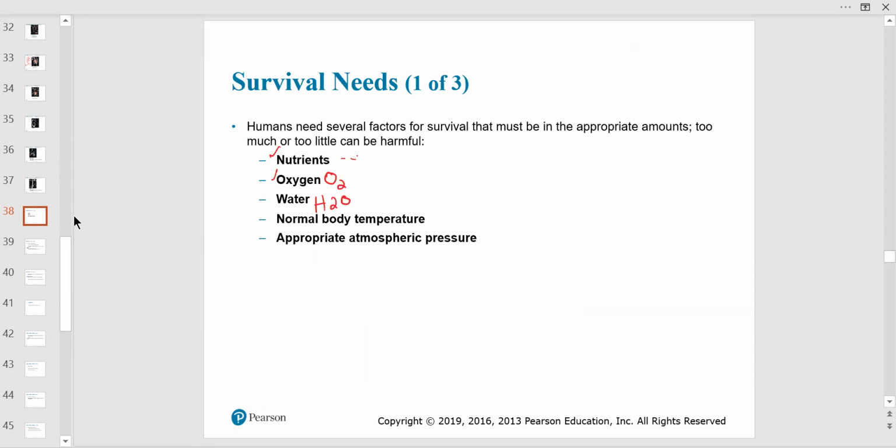Normal body temperature. What's a normal body temperature? 98.6, right? And that's degrees Fahrenheit. And that's like 37 degrees Celsius or centigrade. And the appropriate atmospheric pressure. It's about respiratory. And this really helps your diaphragm take in the air, and you get enough oxygen into your body. Like we're here in Morris County, we're at sea level in New Jersey, and the atmospheric pressure is like